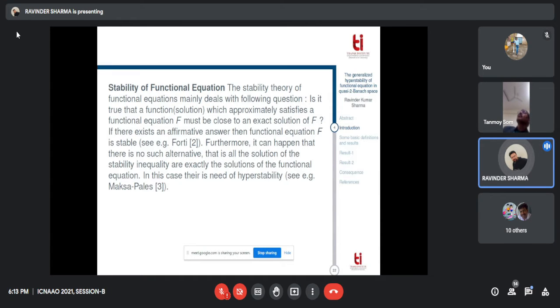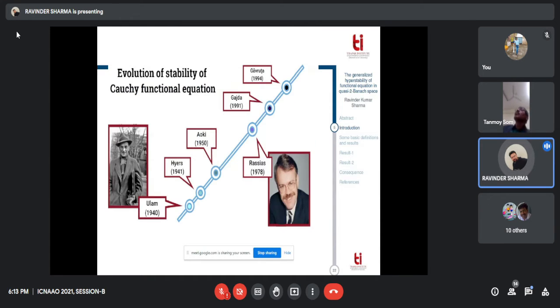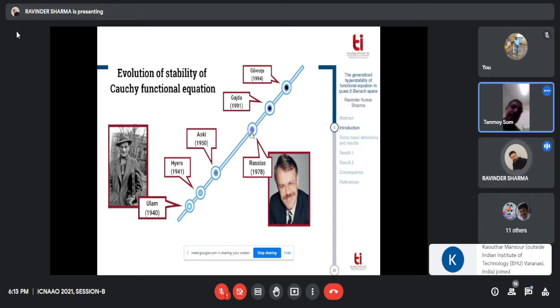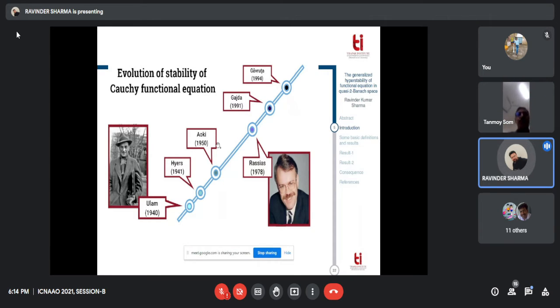Stability of the functional equation arose from the question of Ulam in 1940. In 1941, Hyers applied the Ulam question in the sense of Banach spaces. In 1950, Aoki modified Hyers' results. In 1978, Rassias generalized the